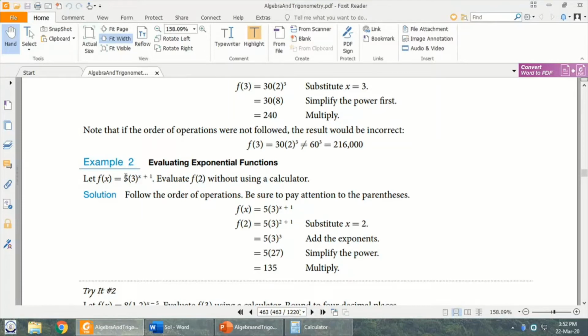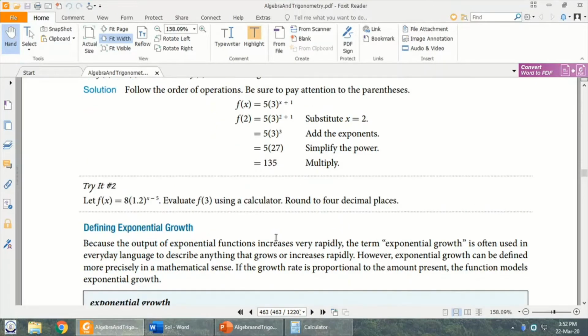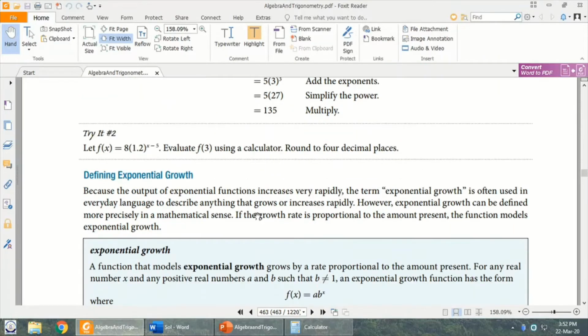So put this function with value of x as 2, and you have 3, and then again 27, 3 into 3 into 3, and you get 135, you multiply it with this. Round to 4 decimals. Okay, now can you do this as f(x) equal to 8, 1.2 raised to the power of x minus 5. So if f(3), that means 3 minus 5, which is minus 2. So raised to power minus 2 is 1 over